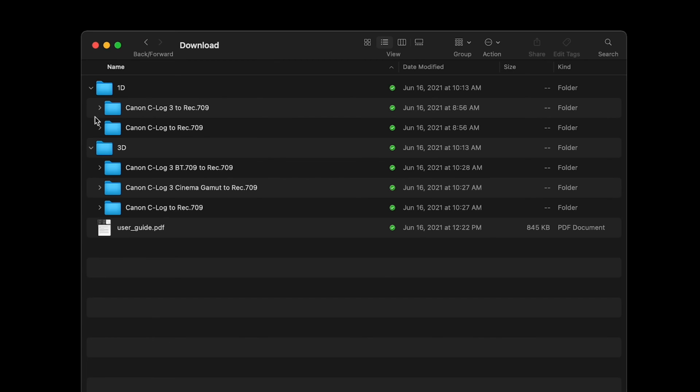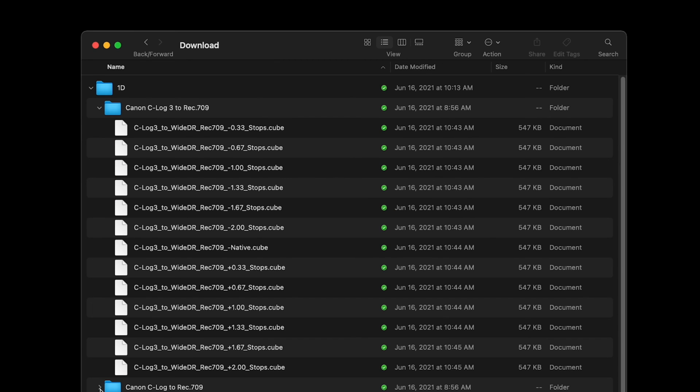It contains more color information, and for that reason, especially amongst colorists and people who like to color grade their footage, Cinema Gamut is a better option to use because it gives you more creative flexibility in post. But if you just want to shoot directly to Rec.709, then you would use the BT709 color space when configuring C-Log3 on the camera. Then inside each directory, you will find all the requisite exposure correction LUTs for each type